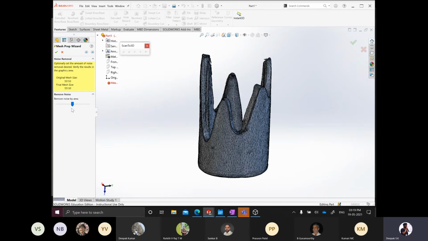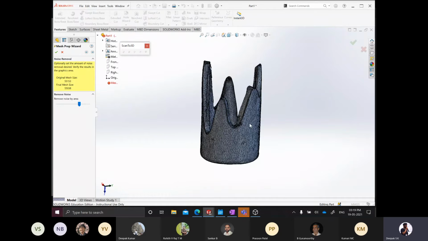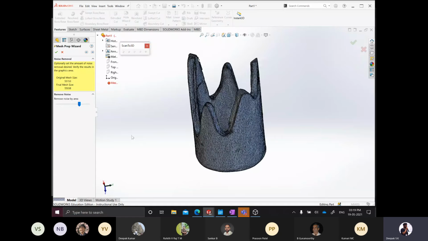So you either increase or decrease it based on the volume. This is just like the lasso select or the magic wand in Photoshop. So it is that kind of tool or calculation that is going on behind it. But since here there are no extra or deletable points, however much you increase it, nothing is going to be deleted. So I'm going to the next option here, and this is an interesting option.